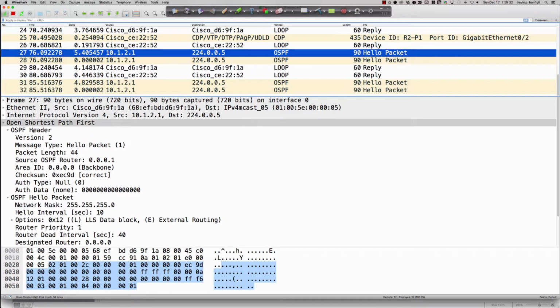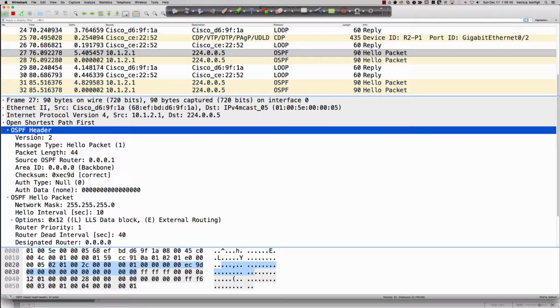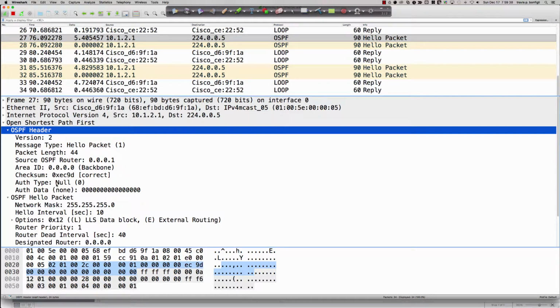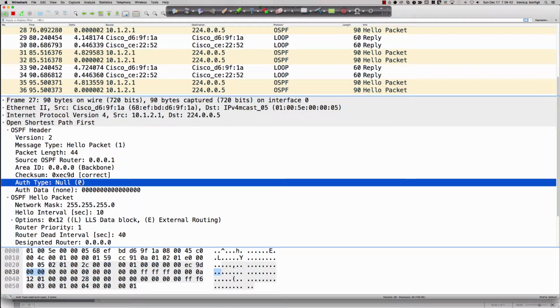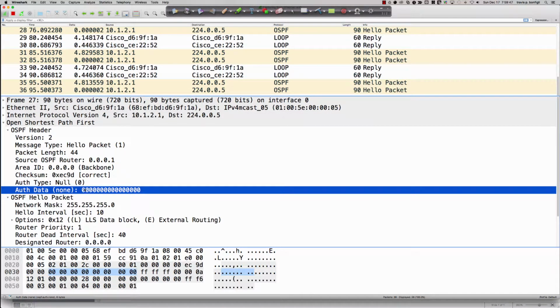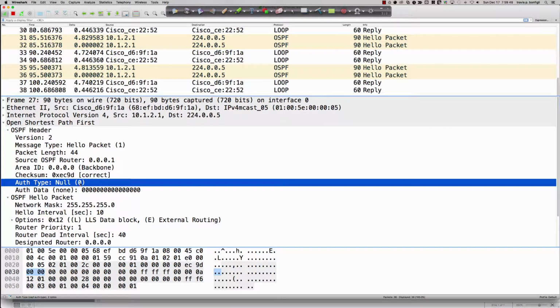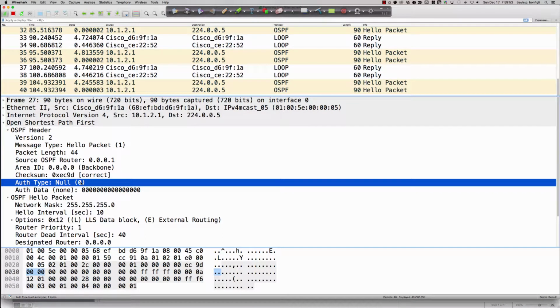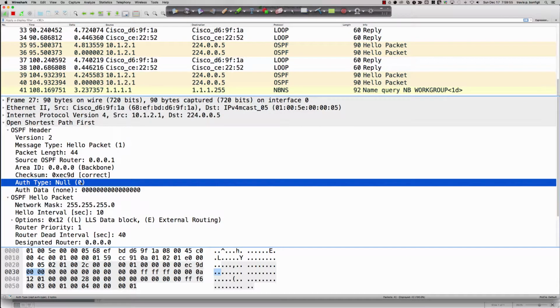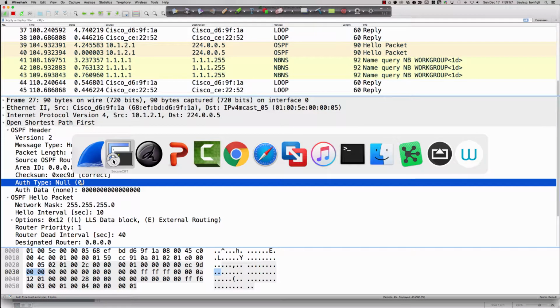Remember, at the front end of all of the OSPF packets, we've got the OSPF header. And it's here where we see we've got no authentication. There's that type 0 or null authentication, and here's my auth data, none. Because again, type 0, which is what that 0 right there represents, tells me that we are not using authentication. So let's go ahead and